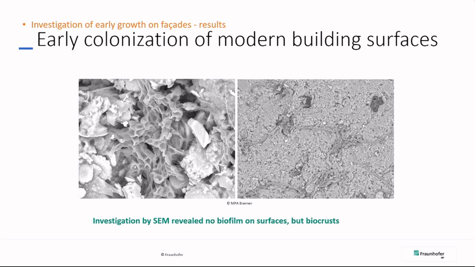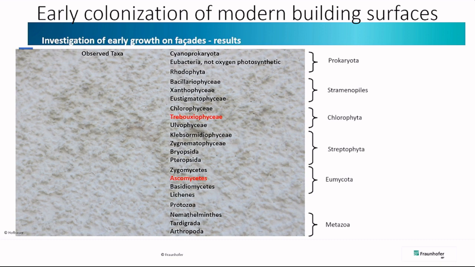So this, what we have on the building surface, is not a biofilm by definition. It is a so-called biocrust. It consists of algae, fungi, and other things. We had a really close look on it, and we tried to identify, if possible, down the species level. It was not always possible,